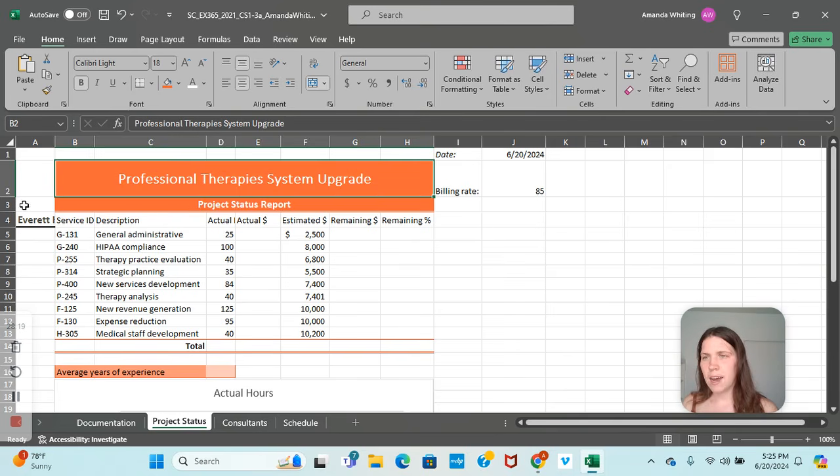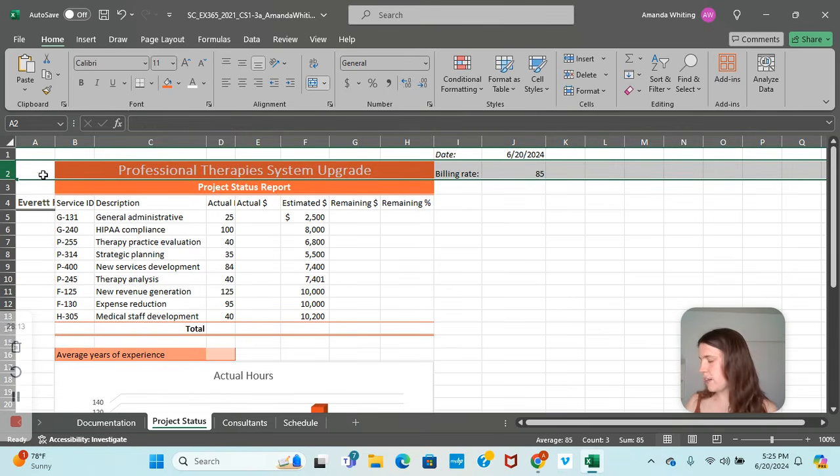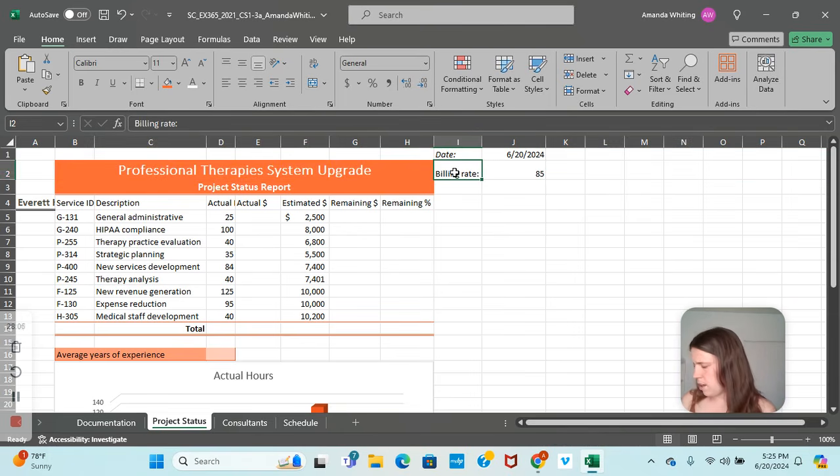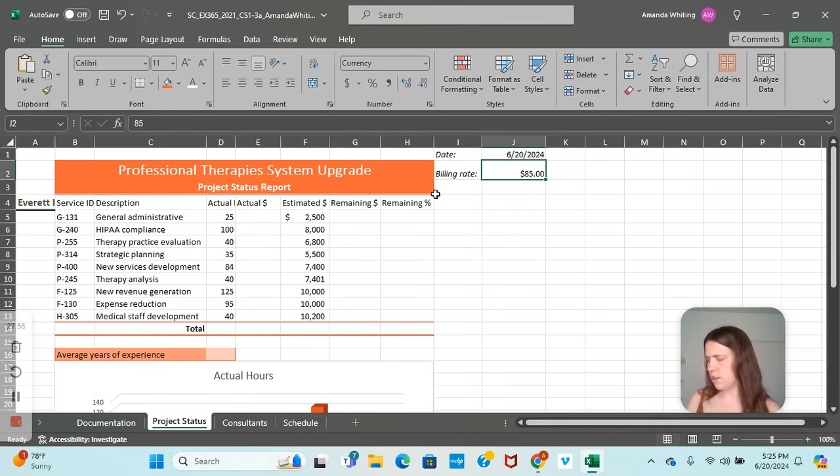Awesome. Now we are going to click the entire row of B2 and then hover in between and double click to auto fit it. Click on I2 next, and italicize that. And then click J2, and we want to make that currency, so just click your drop down and say currency. Next, we're going to click A4, and then Shift A13,